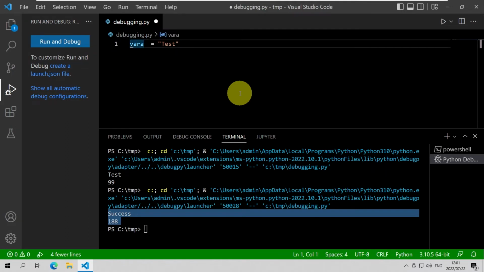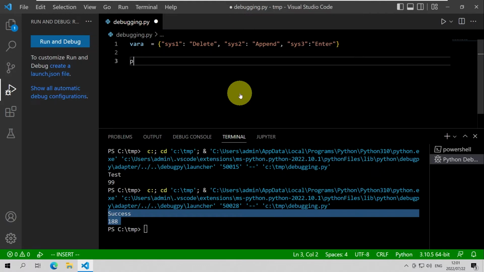Let's create some more complex variables. So let's create variable A, and let's make it a dictionary. And remember, a dictionary is key value pairs, so we can use the same example as system A, and we call that delete, and system 2, and we can create that as append, and system3, and let's just call that enter. If we print this,